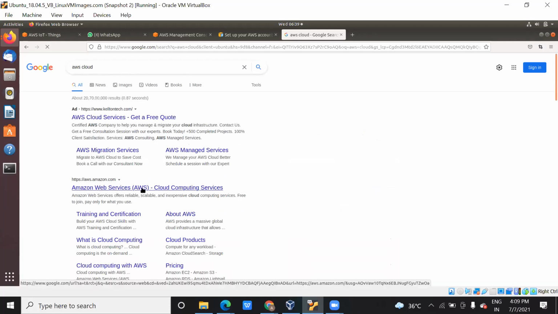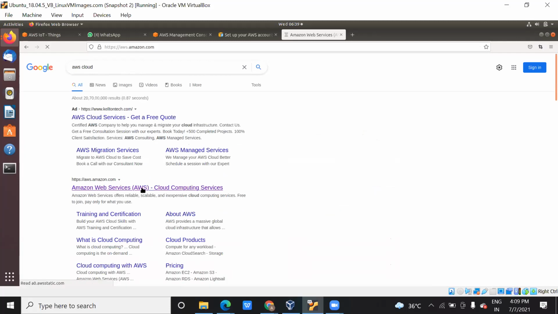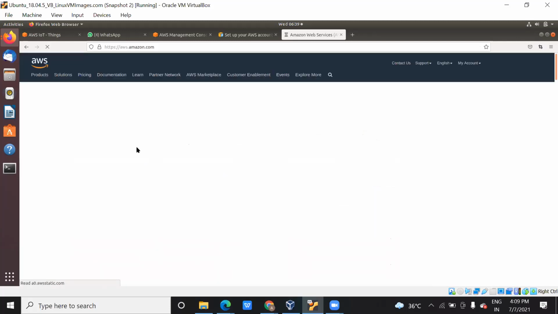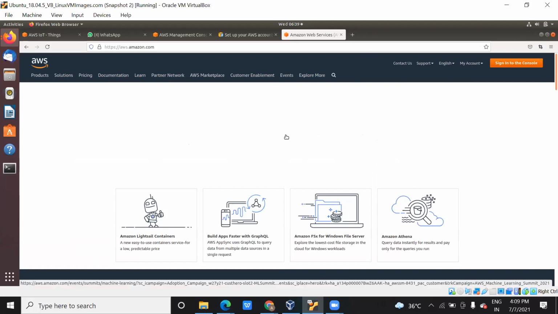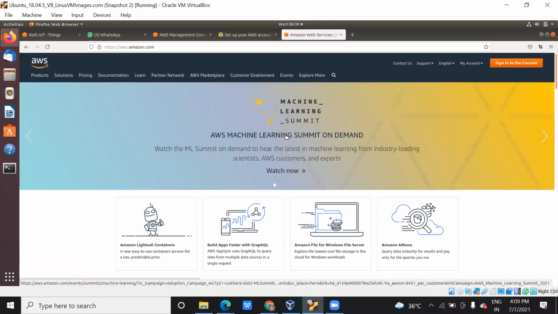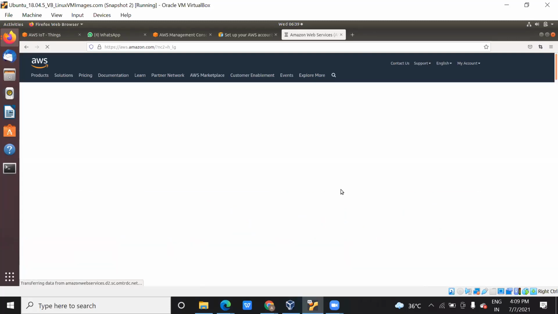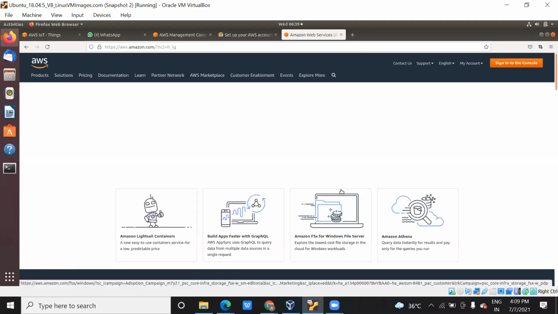IAM in the sense that when somebody has an account and gives you access, you have access with a particular ID. You usually create an account in AWS with a certain mail ID and password, right? So as an IAM user you have a role, a certain permission to use some services of AWS.